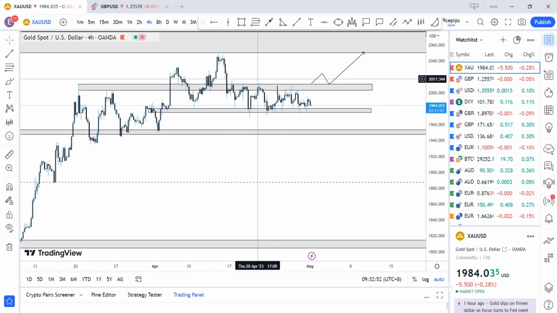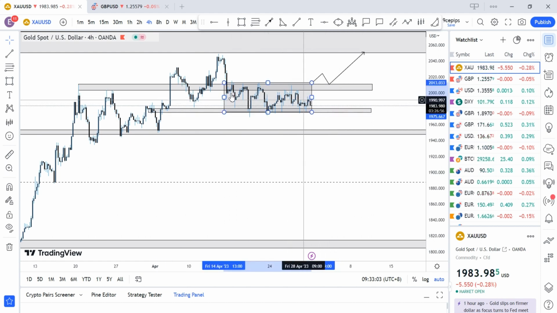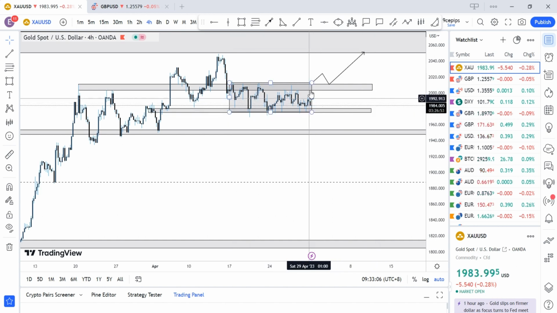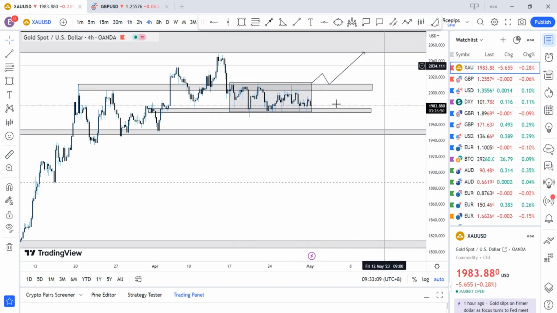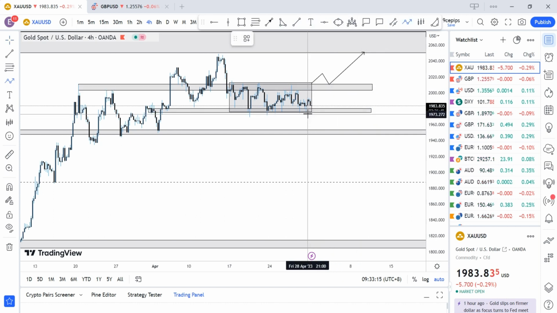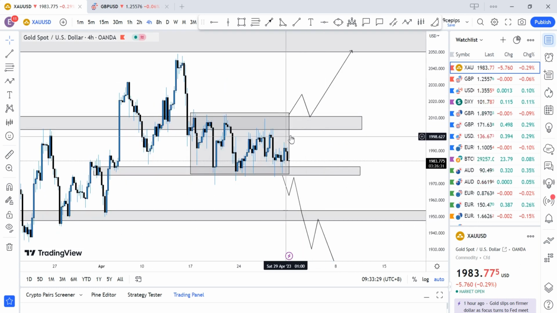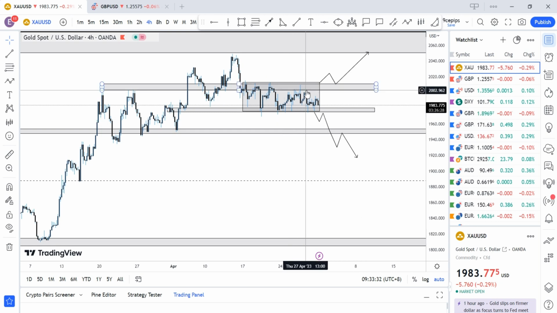Over here on gold, my anticipation is, as you can see from last week, we had a major consolidation from these regions here. Honestly, I'm just looking for a breakout from these regions. If we break above these regions and retest, I'll be going for buys, and if we break below here, I'll be going for shorts. We could actually get a fake out to these regions and then still go to the upside, or my perfect confidence to sell gold is a break of these regions, which is the regions of 1950. For now I think my bias is actually very much bullish.